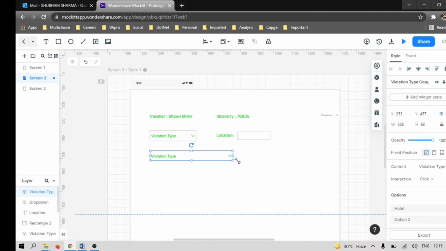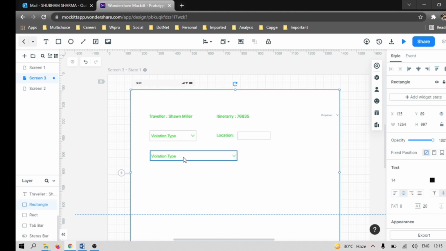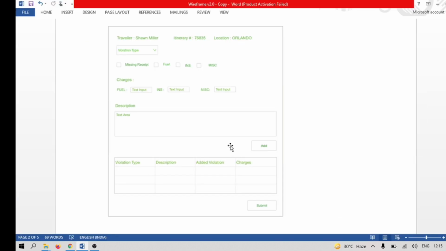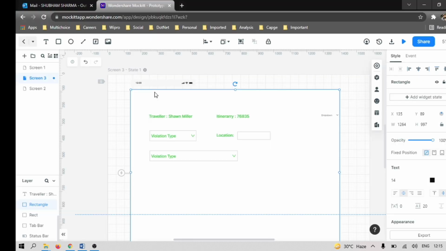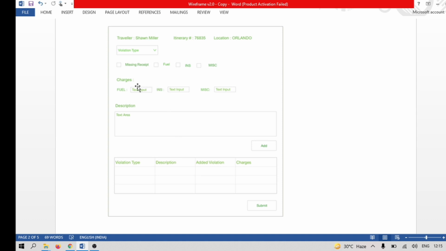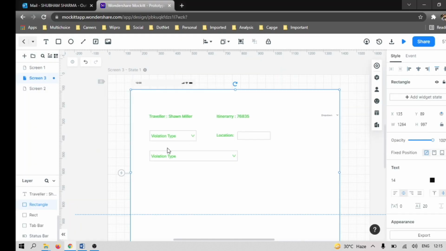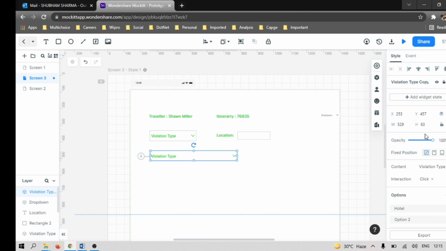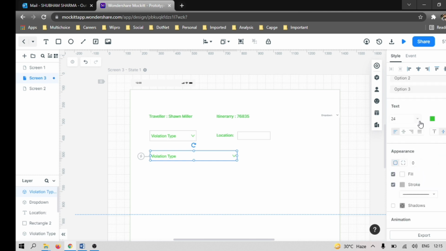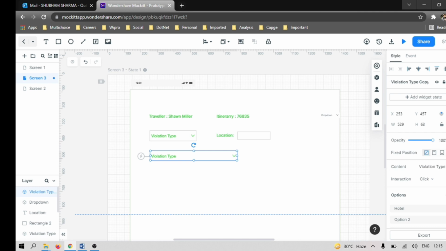So instead of here, it will look like this, and instead of violation, what will we put here? Category. This is the violation category. So here we can put the violation category, the name here, violation type is there.